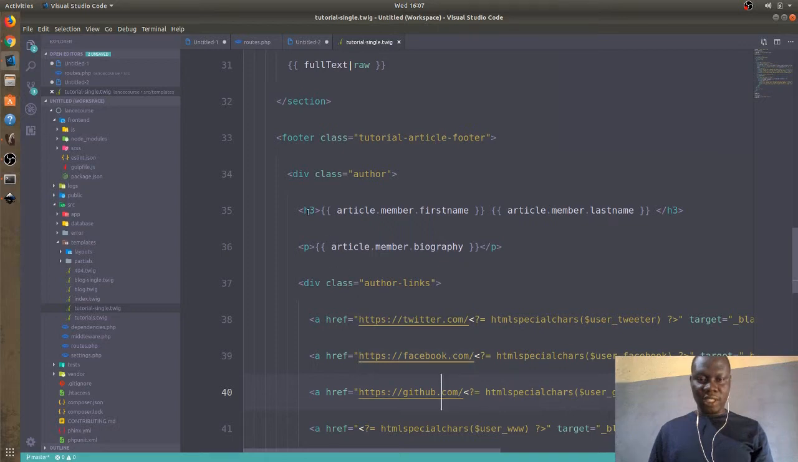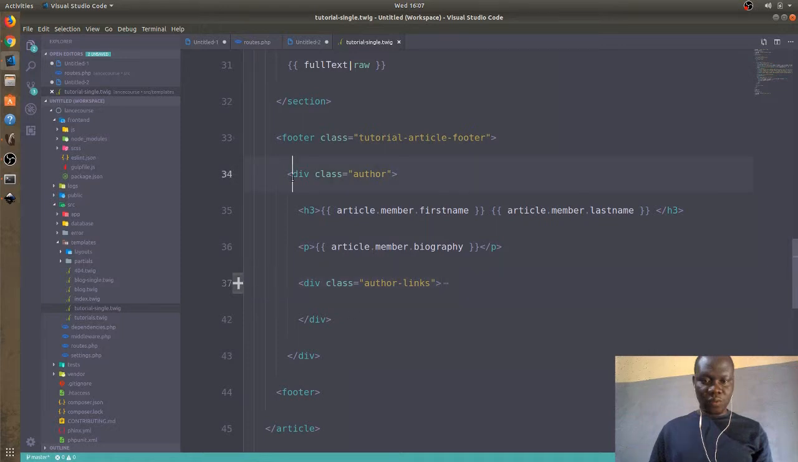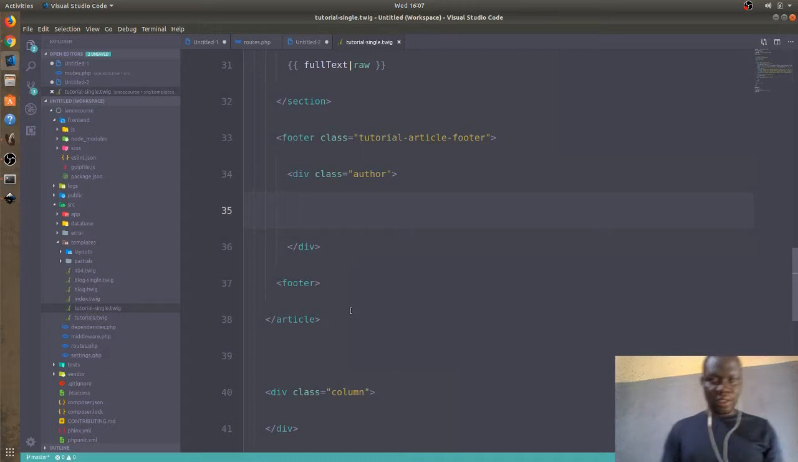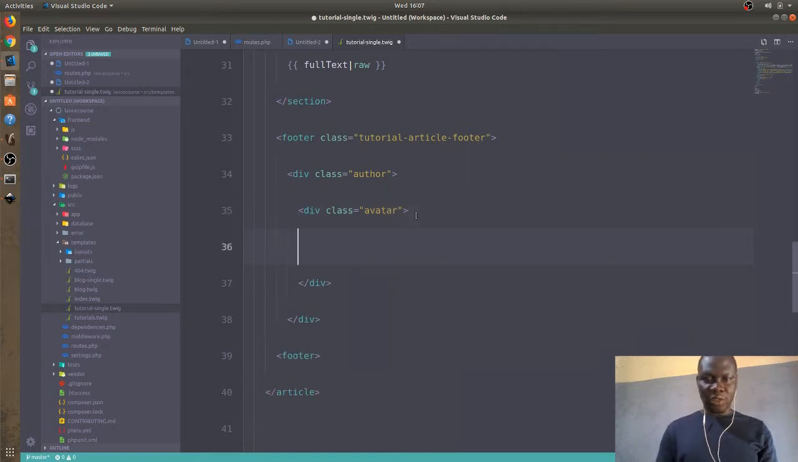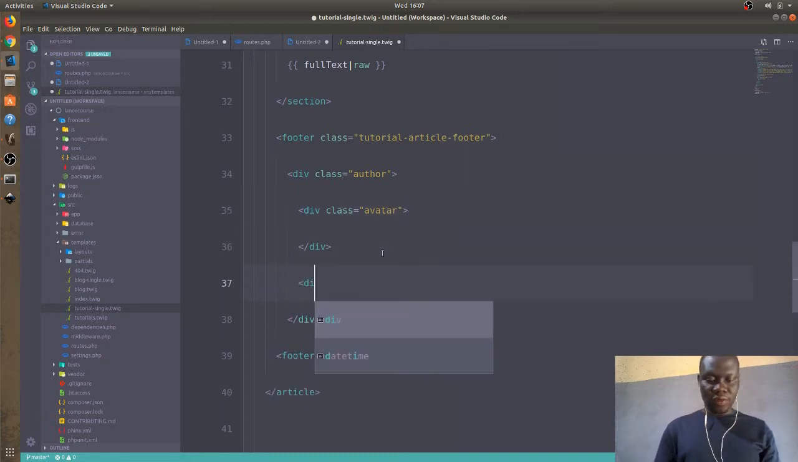So in order to have that, I said I have the left side is the image, so let me try to keep the author as the main container. Then the left side should be the illustration, which is the picture or the avatar. So let me make it div class avatar, and then div, because I'm inside Twig, so it seems like image does not take things into consideration. So, and the next div is going to contain,